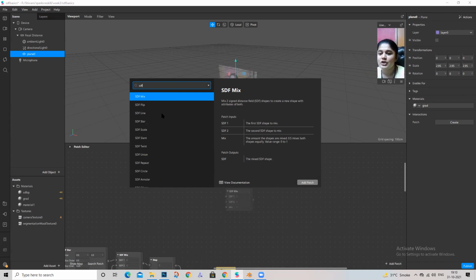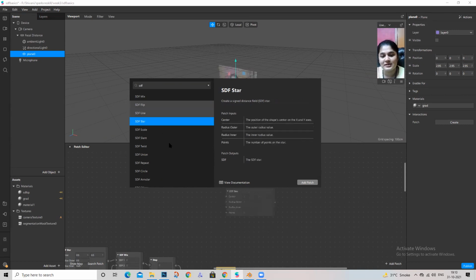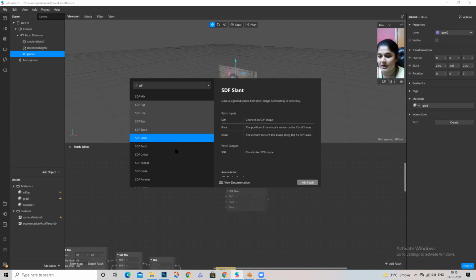It's easy enough. So we have here SDF Mix, which mixes two SDF signals to create a new shape. I'll show you how to do that. There's SDF Flip, Line, and Star. This is a star shape. We can scale, slant, and twist the shapes around.